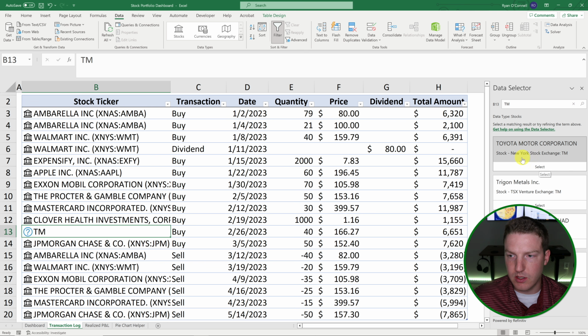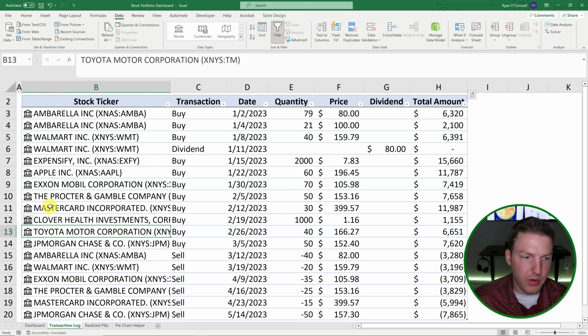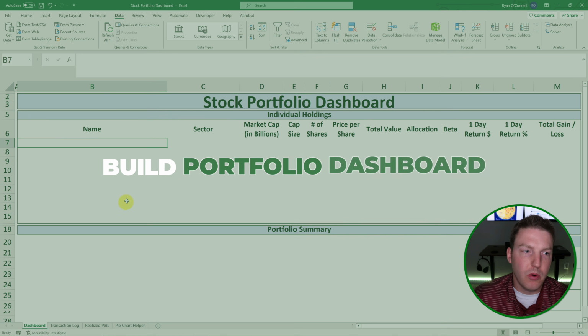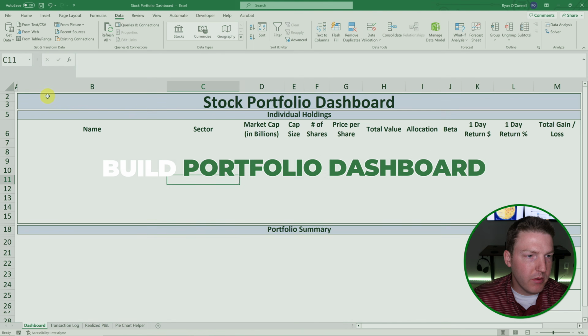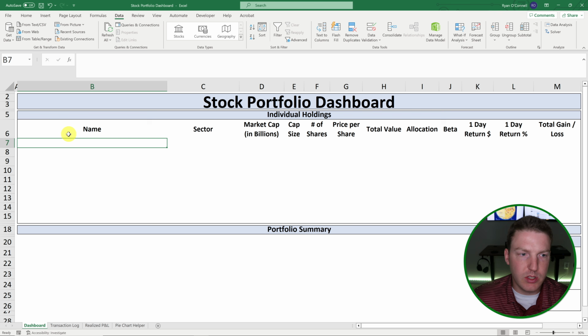I'm just going to select the Toyota Motor Corporation on the New York Stock Exchange. And so there we go. Now we've got all the stocks we need. Now we can hop over to our dashboard and start filling things in. I didn't want to waste your time watching me do all this formatting. I trust you can format this yourselves, but basically we're going to start filling in the names,